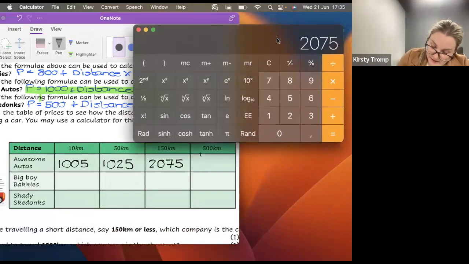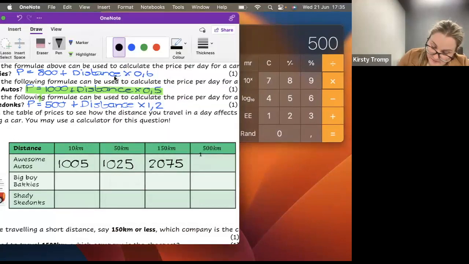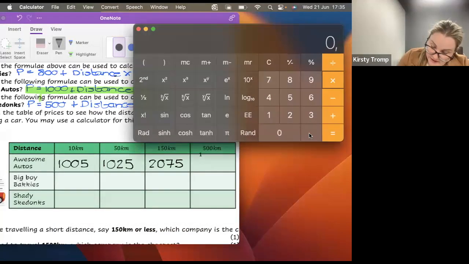And finally, my distance, which is 500 times by 0.5 plus 1,000